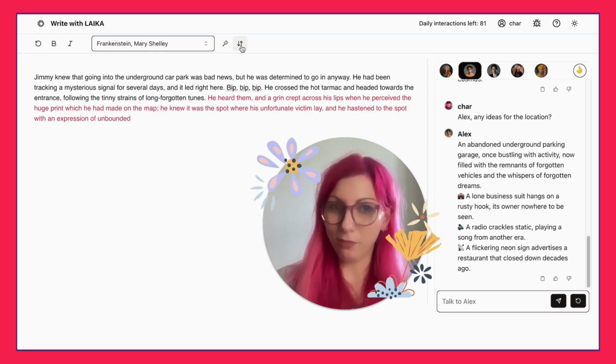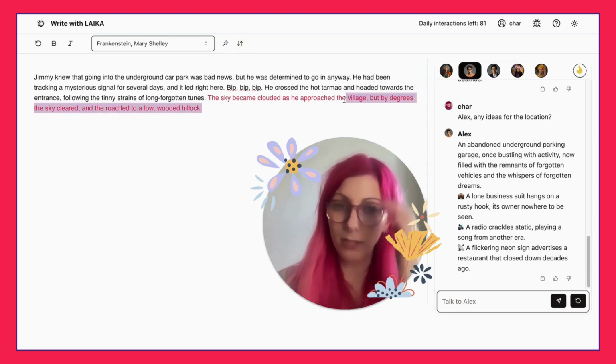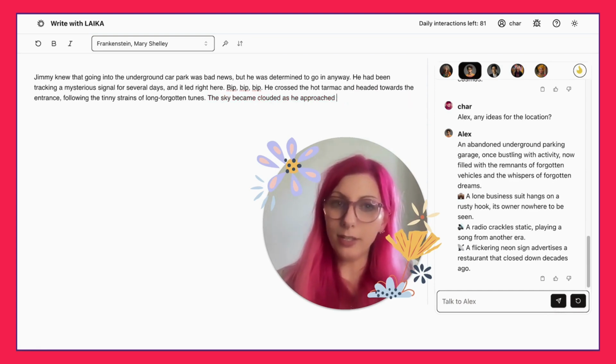Okay, he has an unfortunate victim here. Or the sky became clouded. So I'm going to keep this one, but I'm going to remove the parts that don't make sense for me, like the village. And I'm just going to make it into this. The sky became clouded. I'll also make it cloudy. It became cloudy, cloudier as he approached,